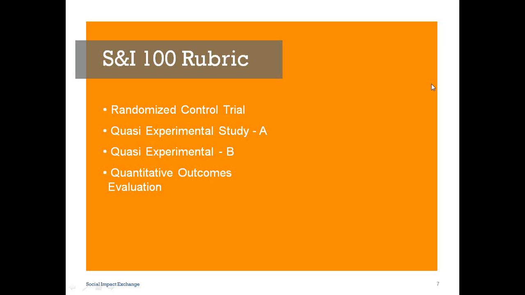For example, you'll see on our list that the next two types of evaluations are called quasi-experimental studies A and quasi-experimental study B. They simply refer to the extent that in the absence of randomization, evaluators are able to statistically control for differences between the treatment group and the comparison or control group. For example, we think of a quasi-experimental study A as a study where the comparison group is similar to the treatment group on all, or at least most of the variables that are anticipated to affect the performance on the outcome measures in the study.